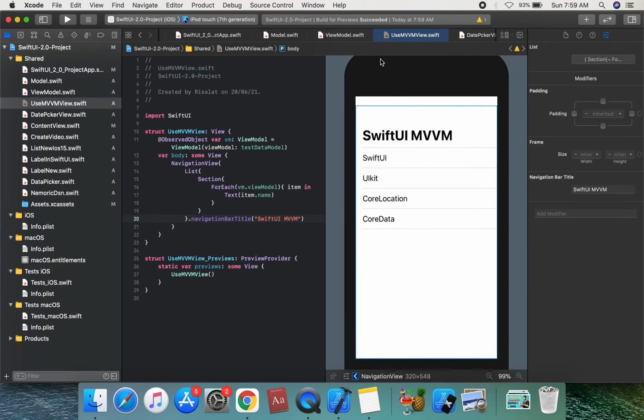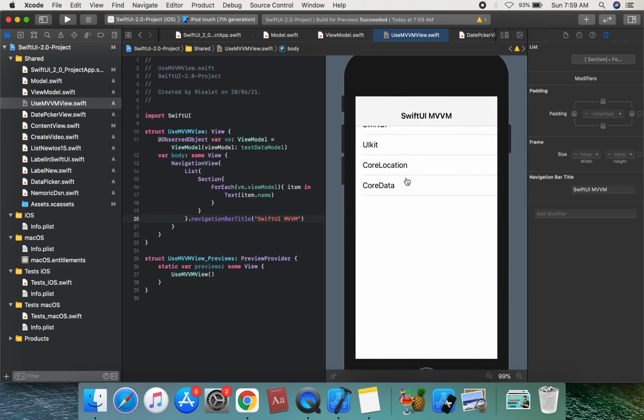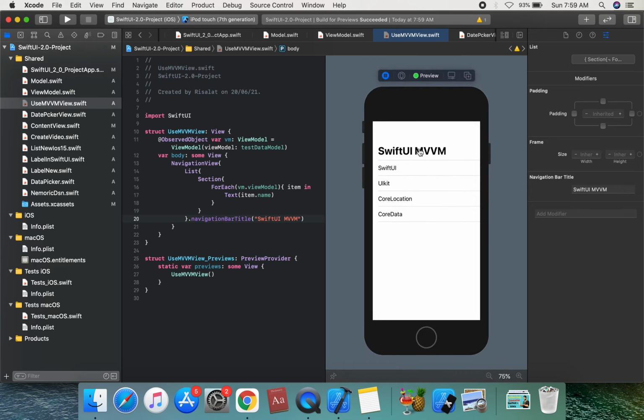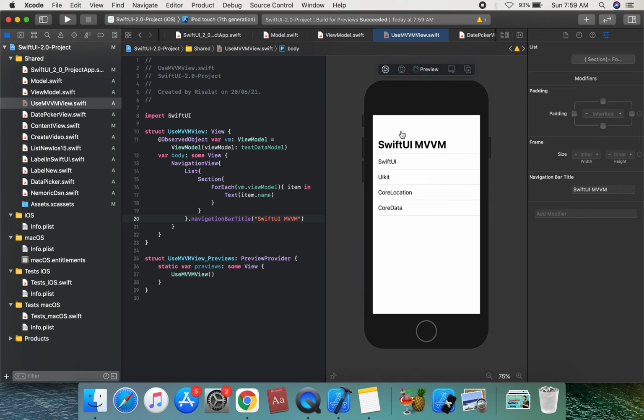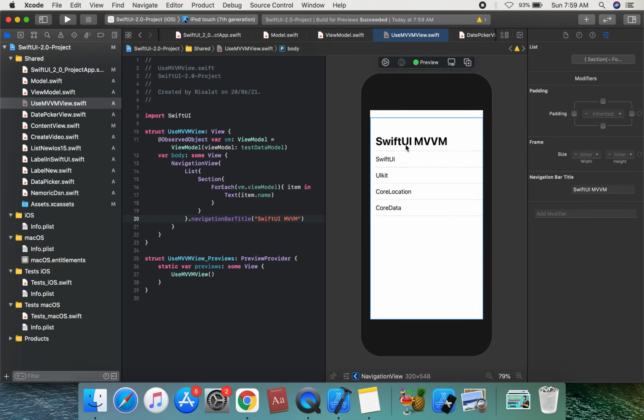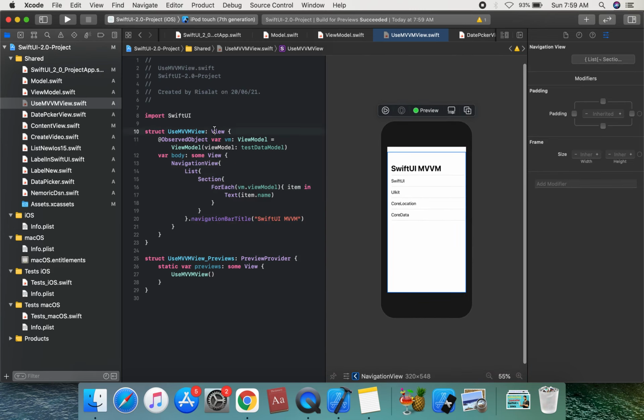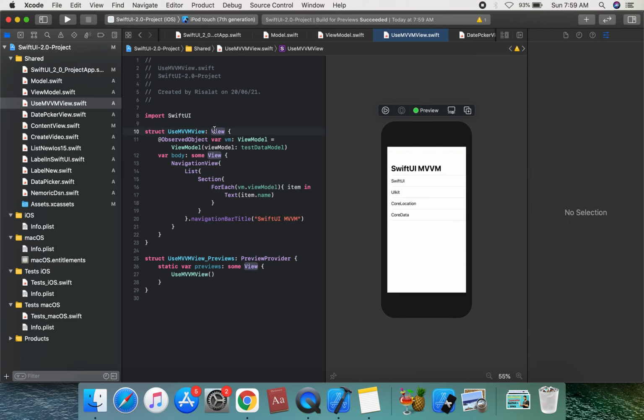So this is the SwiftUI MVVM navigation bar title. This is a list created in the SwiftUI MVVM, with the state running on this view. So this is a binding concept in SwiftUI. Suppose the view references an external observable object, which is the SwiftUI MVVM build.